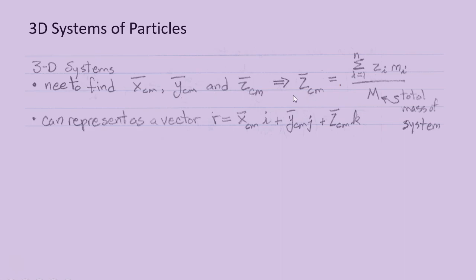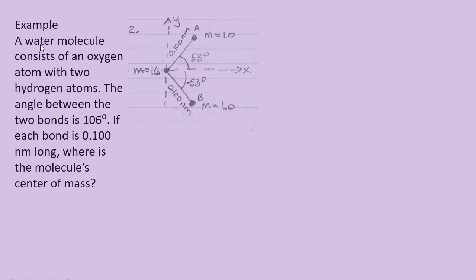You can see that the center of mass along the z-axis is calculated the same way as for the x and y axes. And we can represent this 3-dimensional center of mass as a unit vector. Let's look at a real-life example. We're going to look at a water molecule that of course consists of an oxygen atom with 2 hydrogen atoms. The angle between the 2 bonds is